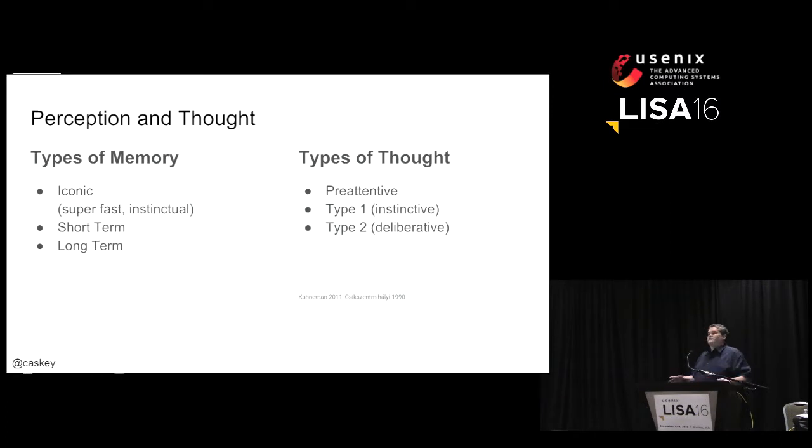But the good news is most of our world is type 1 thought. We're purely reactive, and it's the type of thought that keeps us alive and has kept that brain on the wobbly bag of meat from dying for so many years. Okay? And then there's memory. They've got short-term and long-term. These are different types of access memory.